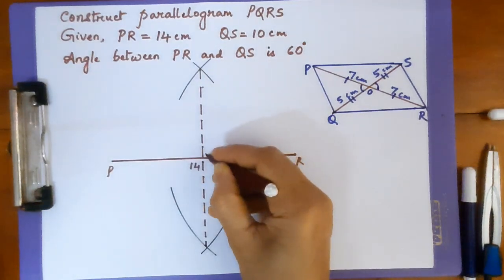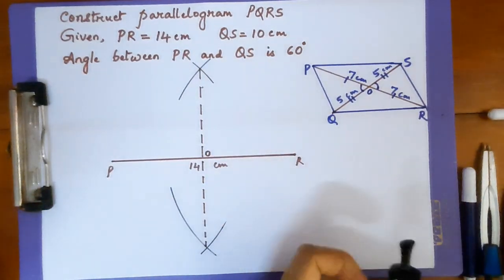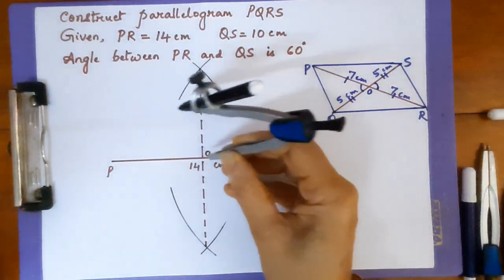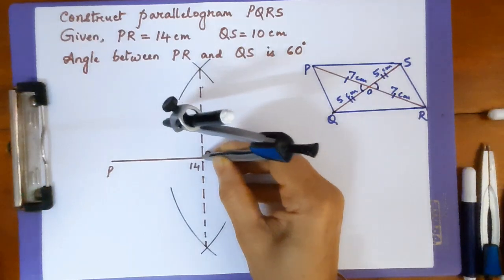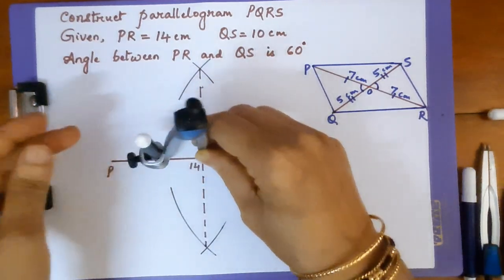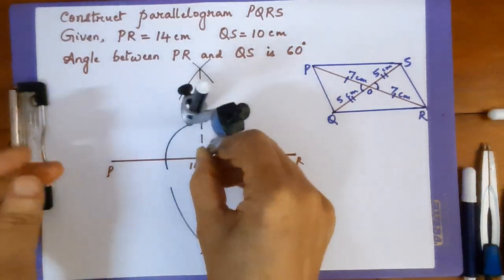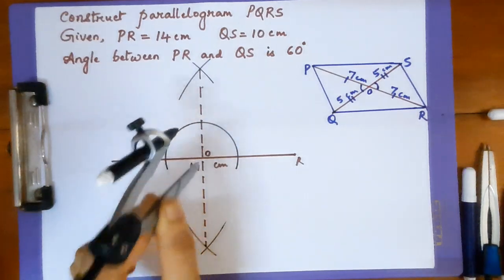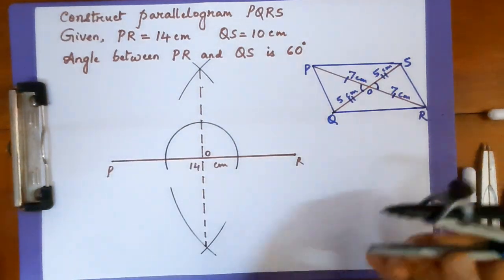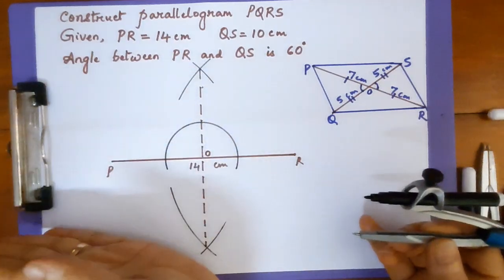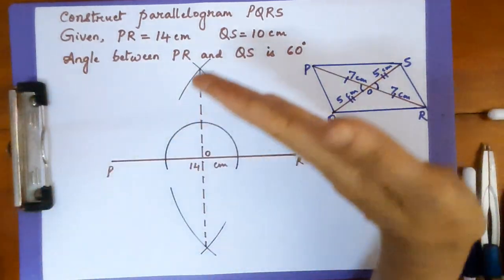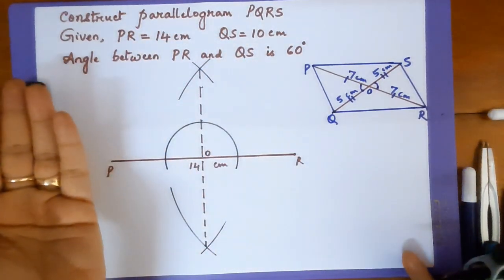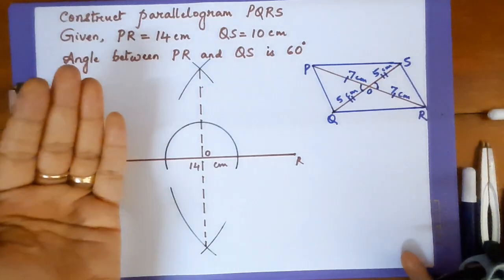So this is the point O. 60 degree angle construction using compass. We are not supposed to use the protractor. So at O, I have to construct a 60-degree angle. We can draw a semicircle, and observe, if I draw 60-degree towards the left side, it will resemble the rough diagram. If I draw towards the right side, it may not, but still I will be correct, because 60-degree is mentioned as the angle between the diagonals.